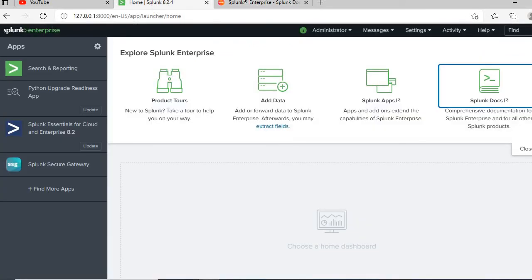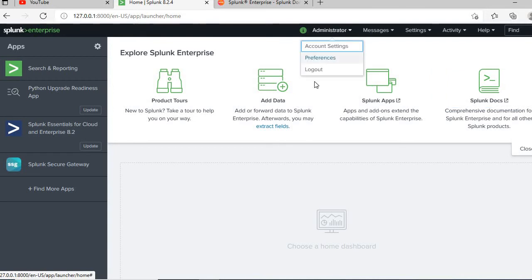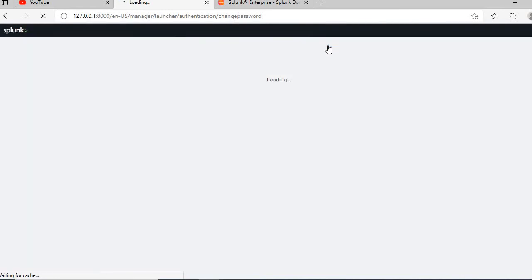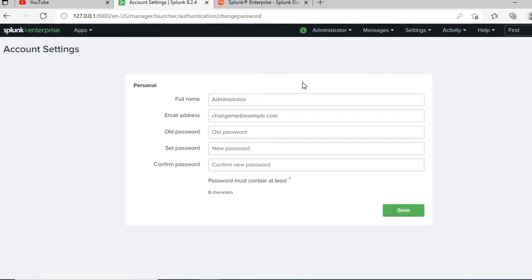All right, now if you see here, administrator is the one where you can go to account settings and change your name. Because it shows administrator, you can change your name here instead. Let me just show you that as well. There you go.